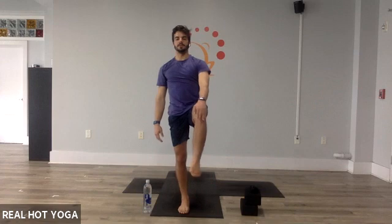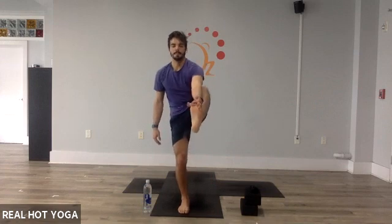Standing leg raise. Balance on your left leg. Grab for your knee or straighten out your leg. Grab for your big toe. Stay in center. 5. Left arm to the side. 4. Shoulders back. 3, 2. Open the leg to the right. Gaze to the left. 1,